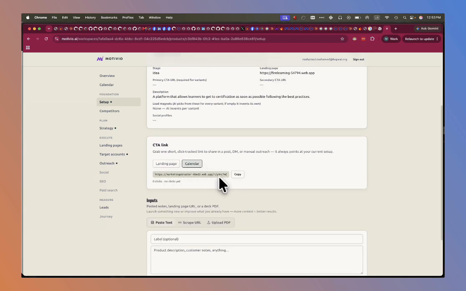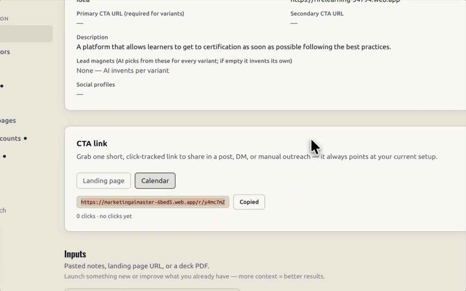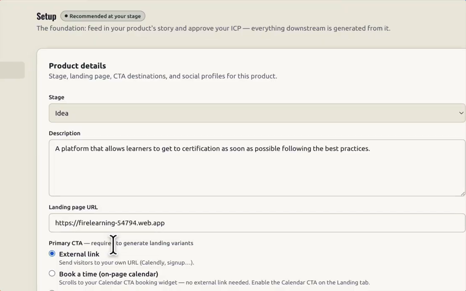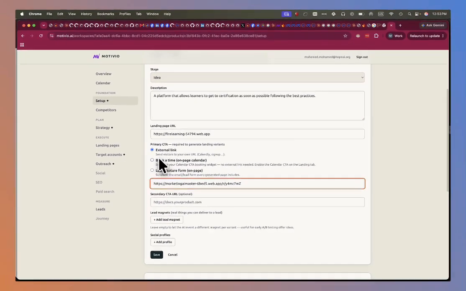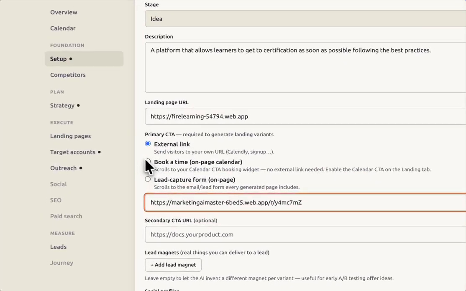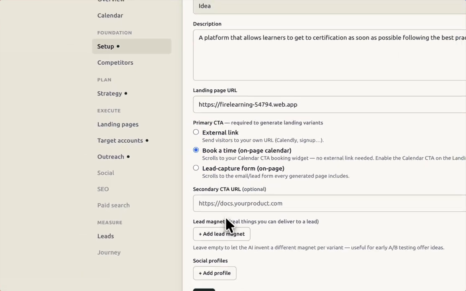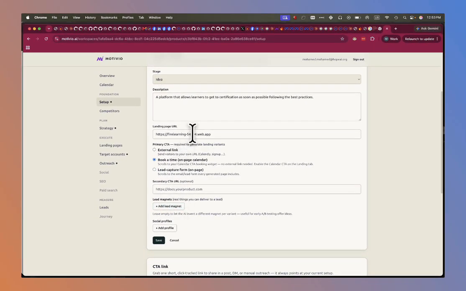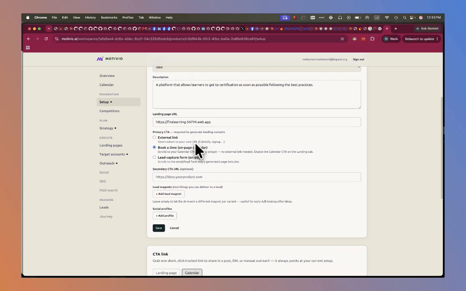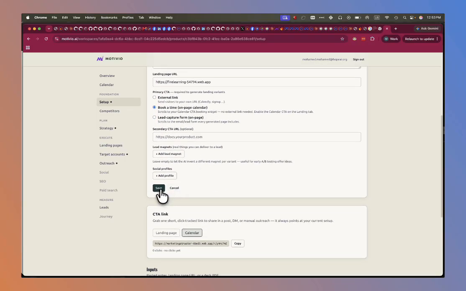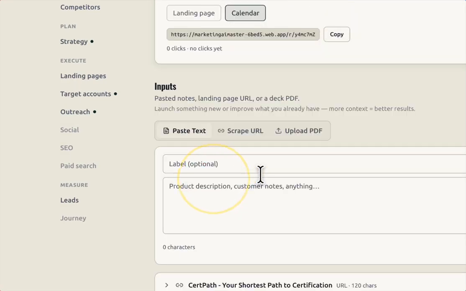So now I have this link. This can be used for my CTA. I can add it here. So this is my CTA, and I can do it like this. I can add a lead magnet if I want to generate a landing page, but since I have a landing page, I don't mind too much here. Save this. Oh, actually, I'll just